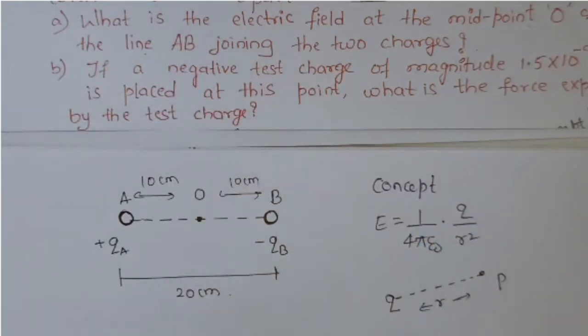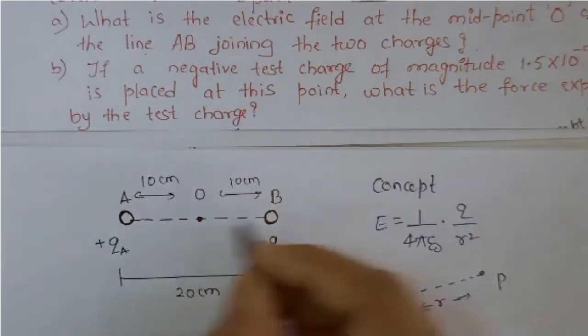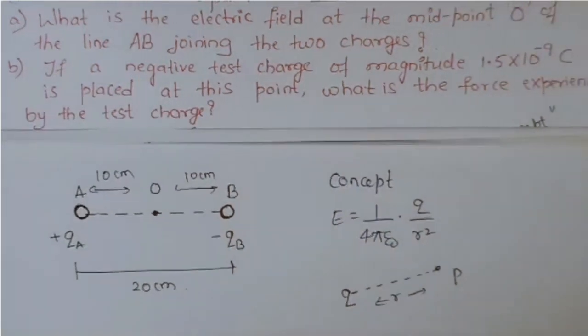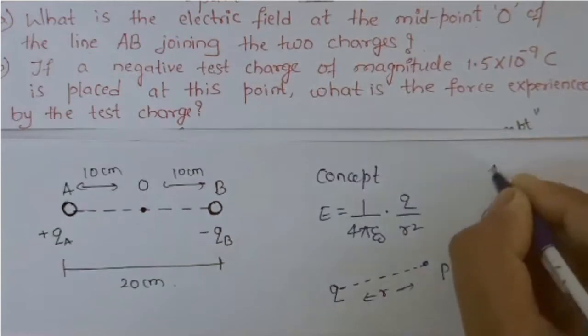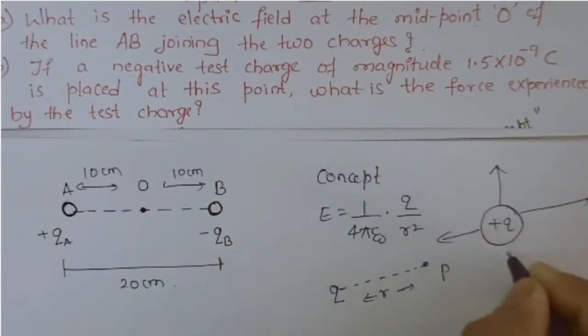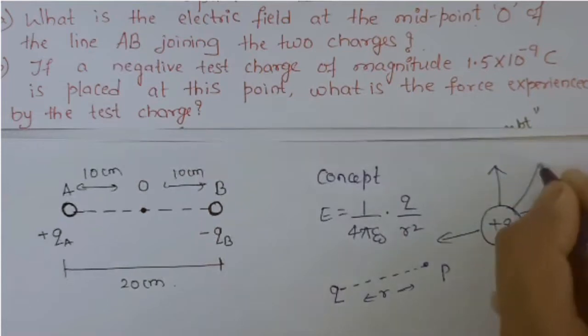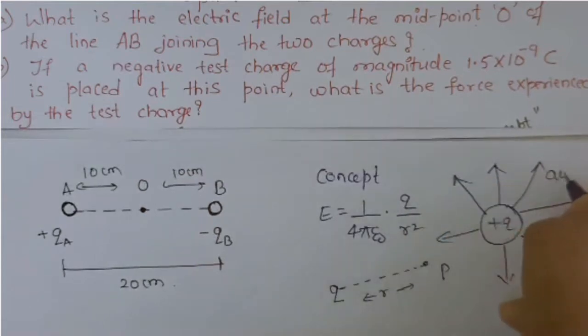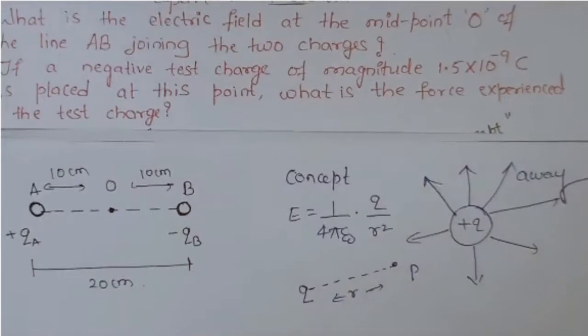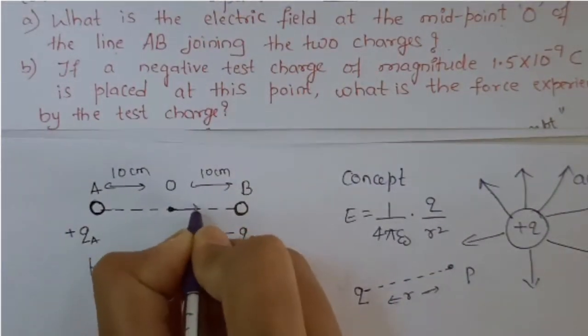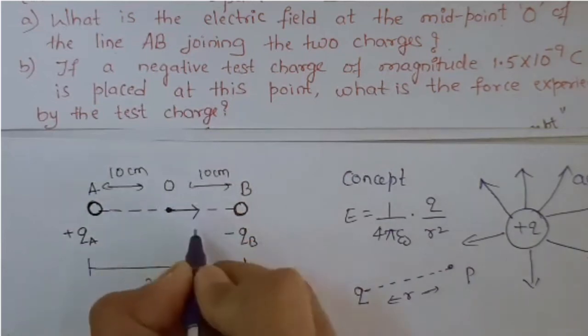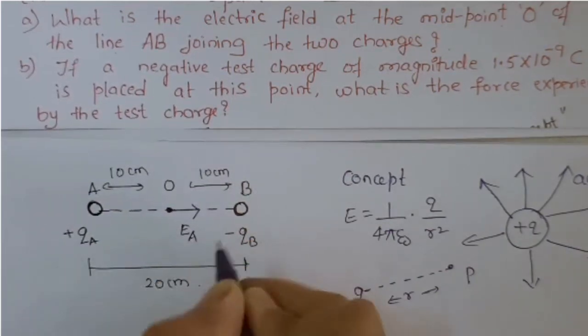So that's one concept. Now the second concept, what is it? The direction of the electric field due to QA. See, what will be the direction of the electric field due to a positive charge? This is the concept you have seen, the configuration of electric field. So how is the direction of the electric field? Away from the plus q charge. So that means at point P the electric field will be away from the plus q charge. So this I'll take as EA.